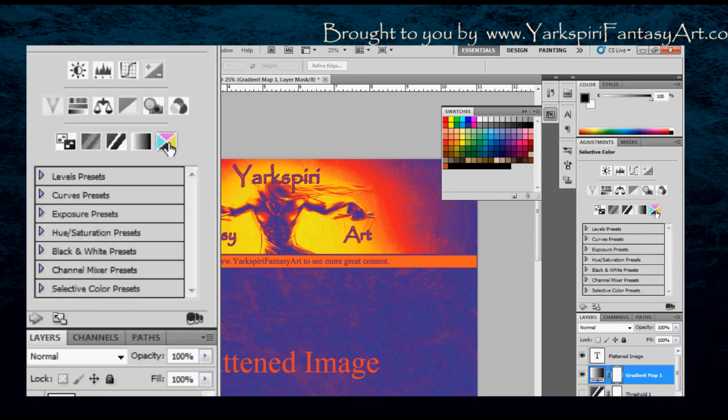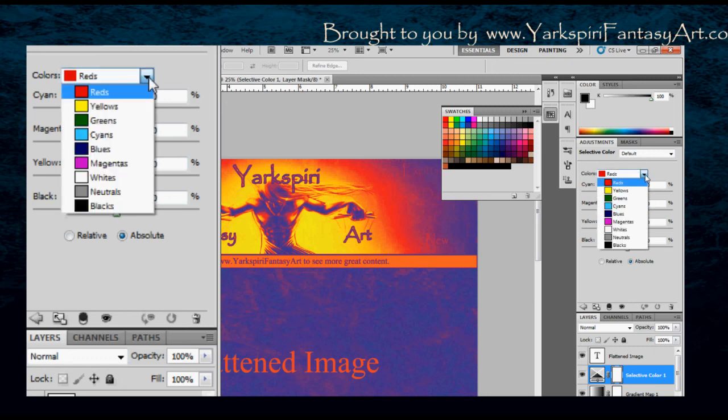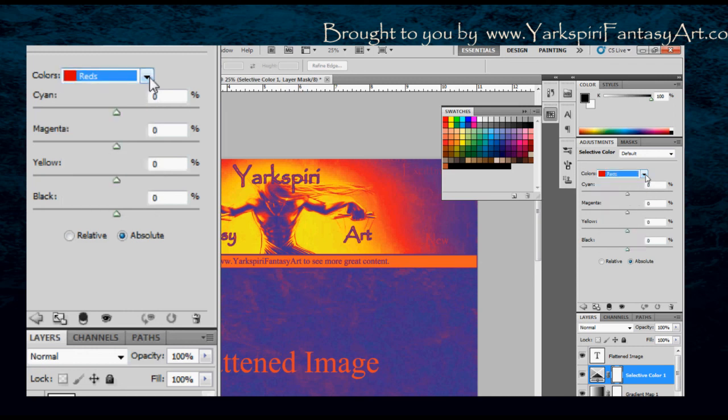Okay, and then you have also selective colors. So essentially what you're doing is you're modifying each individual color or a series of colors. It comes with these presets, so you have red, yellow, green, cyan, blues, magenta, whites, neutrals, and blacks. So whichever one you have selected, you can change which ones are favored